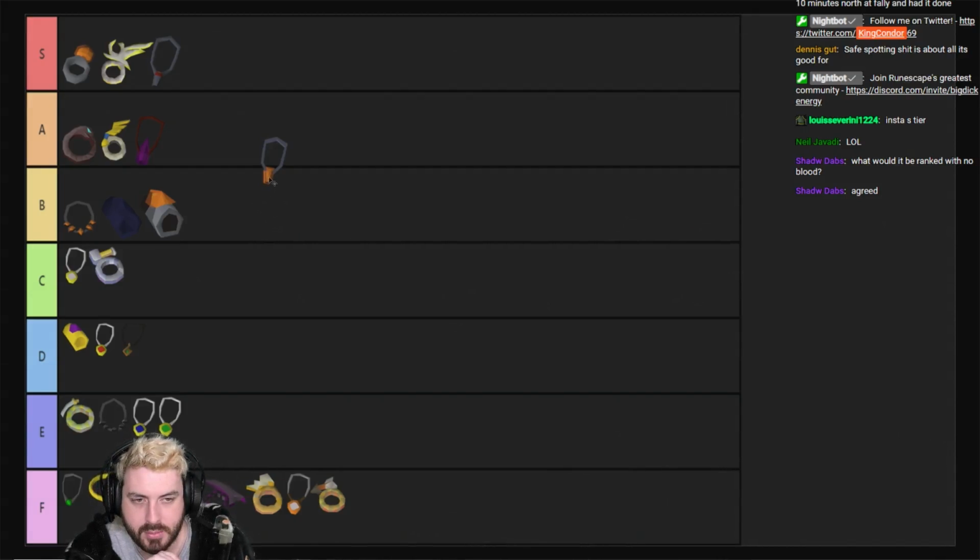And I think for that argument alone, you can't possibly make it S tier. A tier is acceptable because I do like the Torture. I do think it looks good. I think the ornament kit looks great. I think the Torture is very good. But I don't think it can...